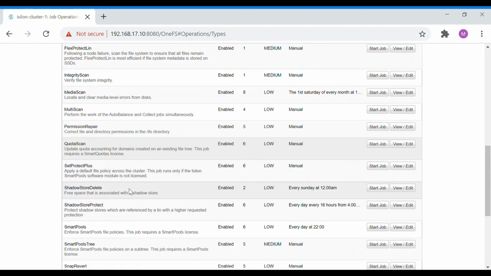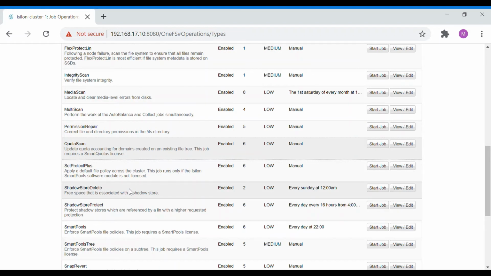Coming down, you have the shadow store. Sorry, shadow store delete is a job that is used to delete the free space associated with the shadow store, and also it removes the shadow stores that are no longer referenced and have zero reference count associated with them.